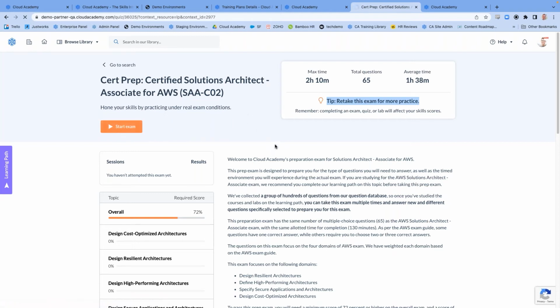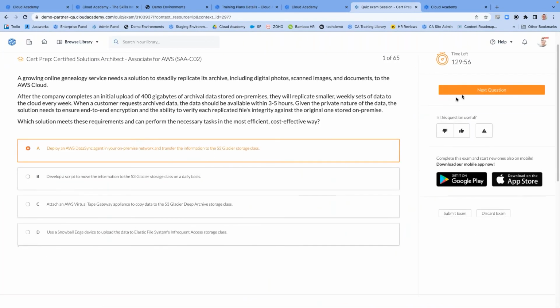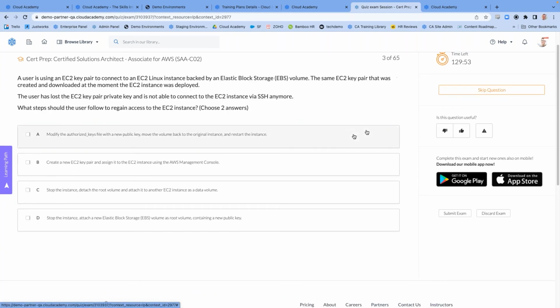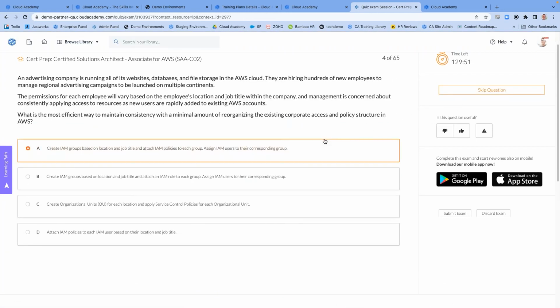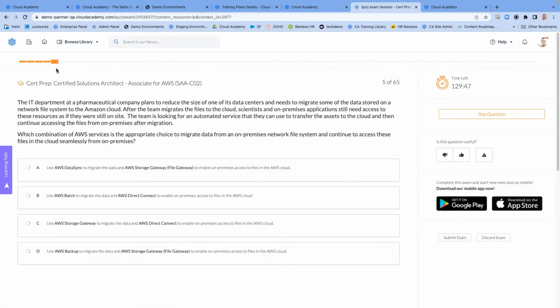So jumping into an exam, one of the other really powerful pieces of technology within our ongoing assessments is our item response theory, IRT. What item response theory tells us is, as Michael is answering questions in sets of 5, if Michael really struggled and didn't get a single one of them correct, then over the next set of 5 questions, it's going to get a tiny bit easier. If he crushed it and got every single one correct, then it's going to get a little more difficult. So even if 2 users pass the exact same 65 question exam, there's going to be a clear differentiation in where those skill levels are really lying.